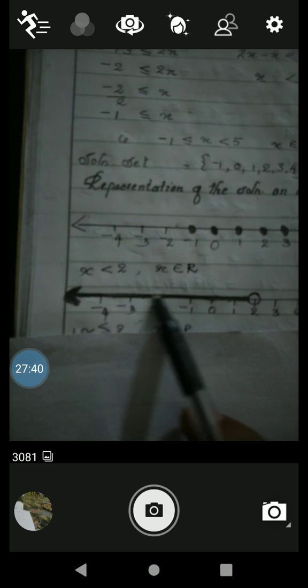But this line, anywhere the value, all these are the values of x. So, darken this line, and at the same time the left side arrow also you have to darken. In this way you can represent. Now we can see